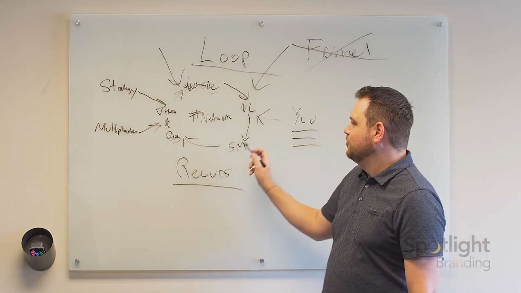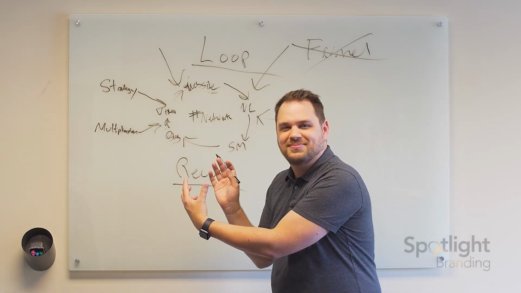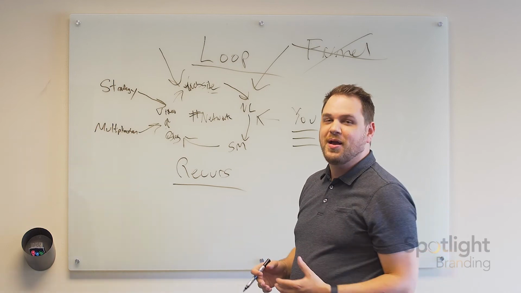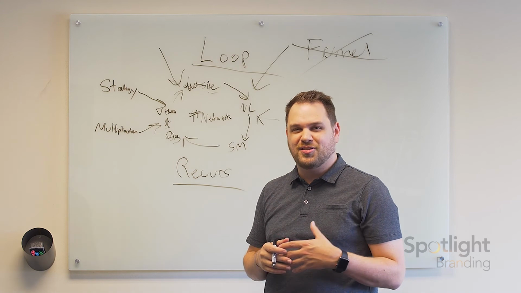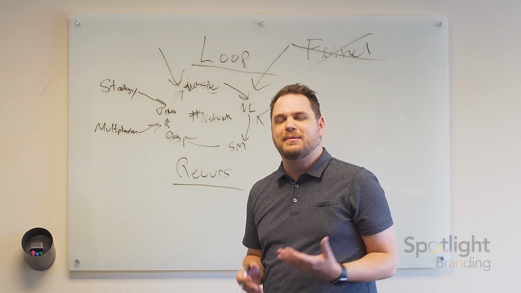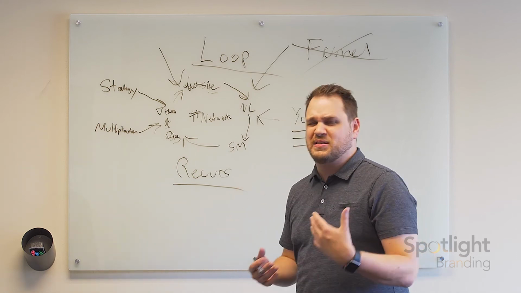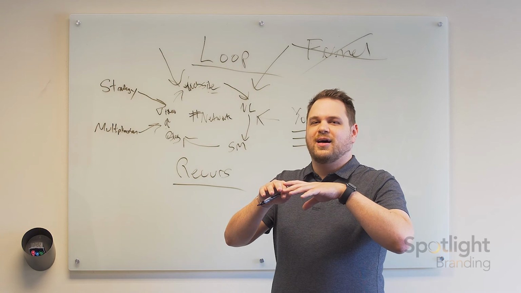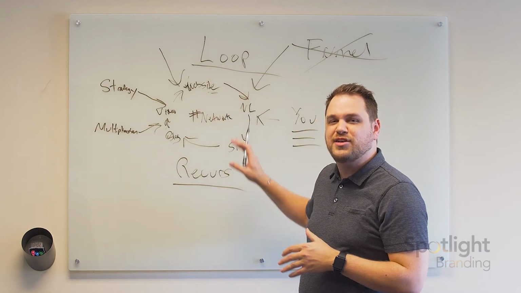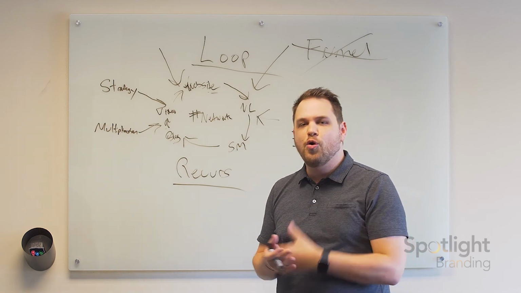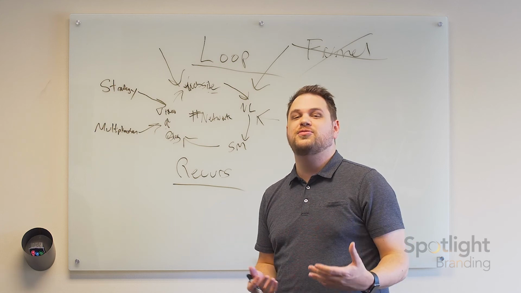Okay? And the content loop is basically building a fence so that no one can escape. Okay? They can obviously hit an unsubscribe button, but the whole point is to build this loop around. At Spotlight Branding, we kind of joke that you're literally and metaphorically keeping people in the loop, right? You're sending out content to keep them in the loop, to stay up to date with them, but you're also kind of, actually keeping them in this loop that you created, okay? So that no referral is ever missed, no potential new client is ever missed, no repeat client is ever missed, no opportunity is ever missed.